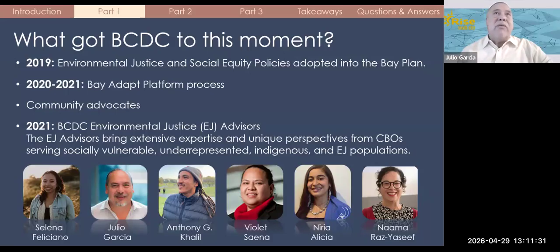But one of the majority of our concerns about including populations, especially the ones who are frontline communities and the low-income communities, and monolingual populations. So they are in the plan, and I think we're still there and we're still working, and we're part of the EJ advisors, and we're part of the Bay Adapt plan.